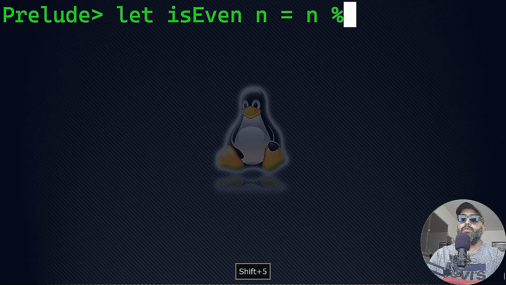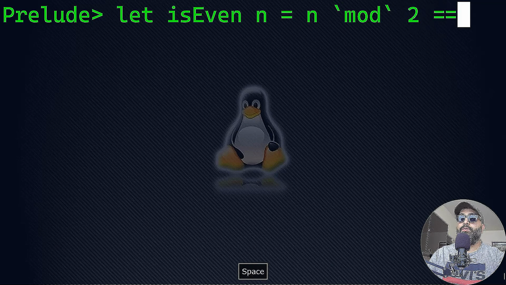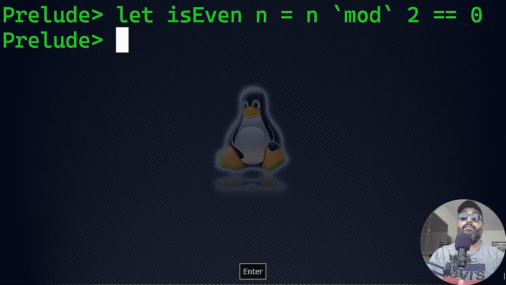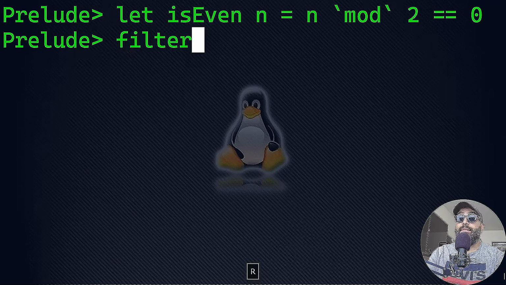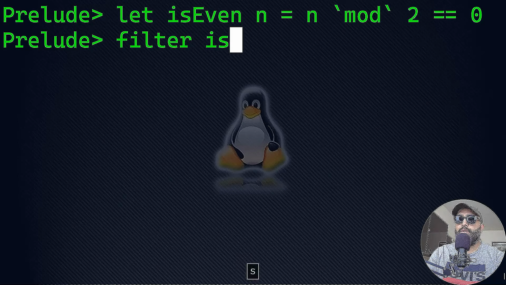for example, you would do modulo, right, with the percent sign. In Haskell, you would do it with the backticks, mod, and closed backticks. And that's going to take the number divided by 2, and the remainder should be 0 in case of an even number. Now you can take the filter function and pass to it the isEven function that we just created,